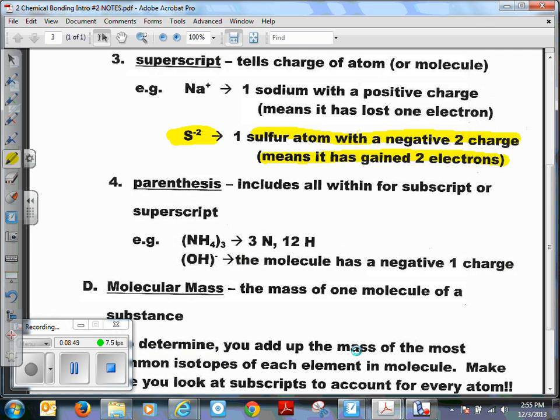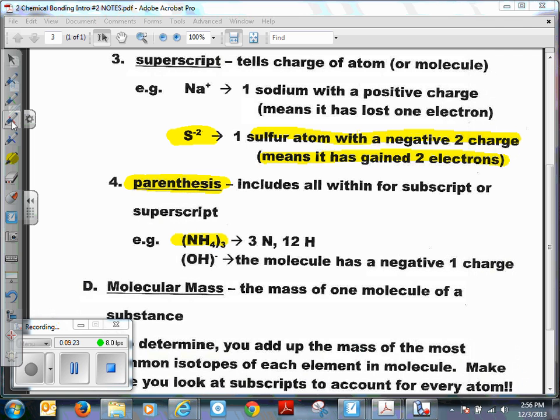Okay, how about parentheses? Do you guys all know what parentheses are? See down here? The NH4 is inside a parenthesis. So this NH4 acts as one group, just like an atom would act. But this is acting like one atom, but it's a group of atoms. So this is what we call a polyatomic